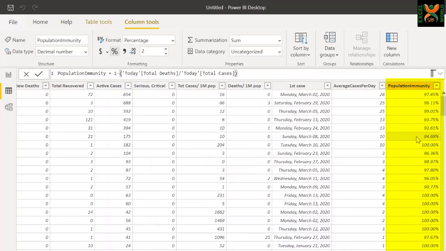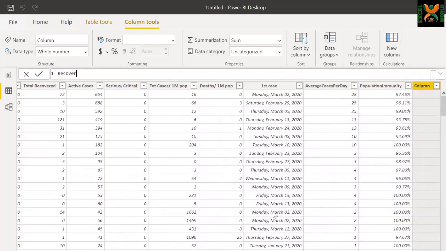Now on the basis of this column, we can create another column and divide this data into groups. One group will have the countries who have recovery prospects of greater than 95%, or immunity of greater than 95%, and the rest will have weak recovery prospects. So create a new column and write recovery prospects